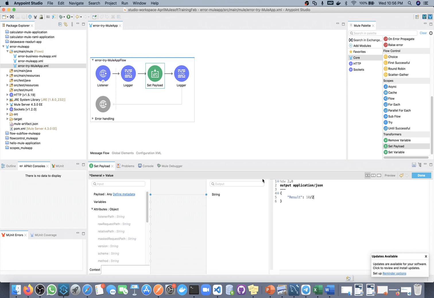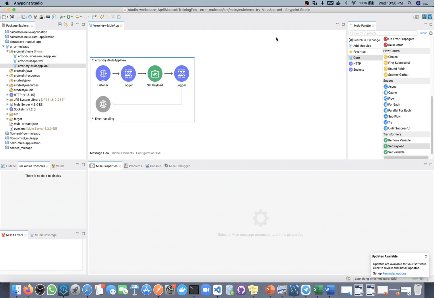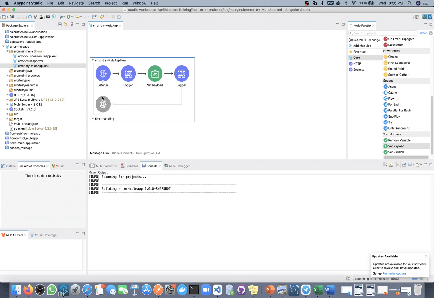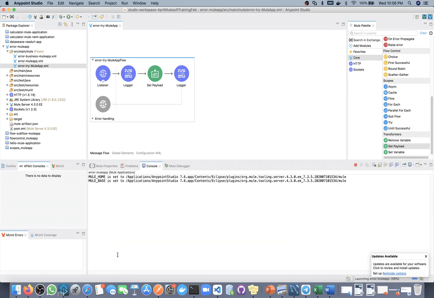So initially we are running as a success scenario. Let me complete this, and what we will do, first we will test this success scenario. Let's see everything going fine or not, and then we'll move to try block.